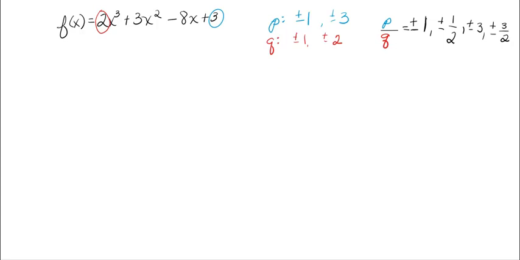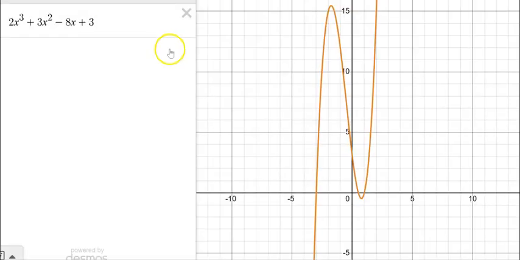That's a fairly significant list, and it can get even longer if my leading coefficient and or my constant have many factors. So it's easy to narrow this down if I graph it first to get a general idea of where one of them might be. So we're going to go over to Desmos and look at the graph of this polynomial. So when I come over here to Desmos and I graph it, I don't know if you can see my cursor or not, but I see that this is